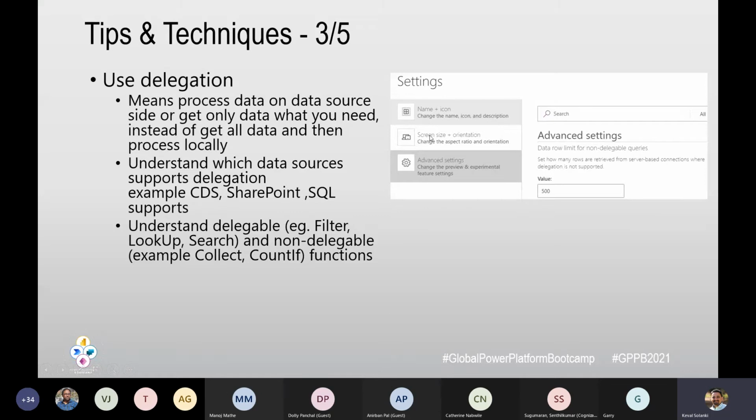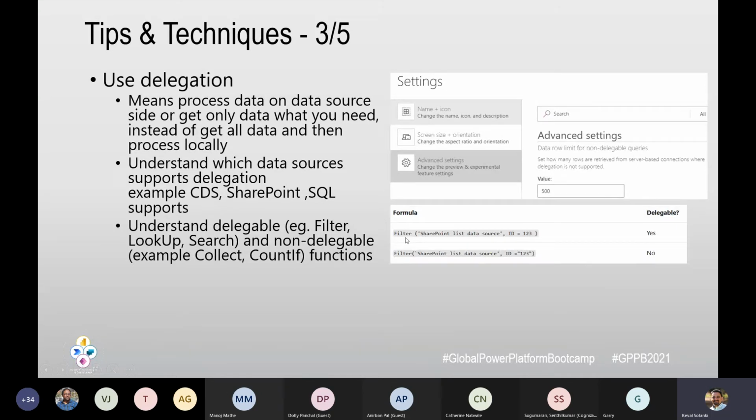And here is one example. We talk about filter. I know this topic is a little bit over, but try to understand this delegation, because it is very important. You need to read more on this. We say this filter is delegable. Even though this is a delegable function, in this case we are comparing the id to 1 to 3.